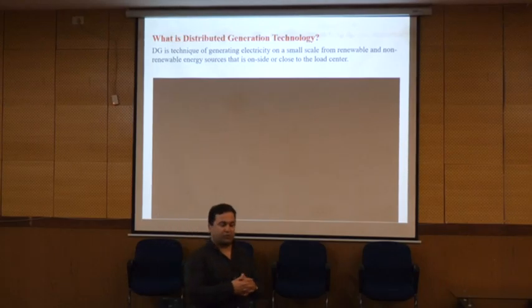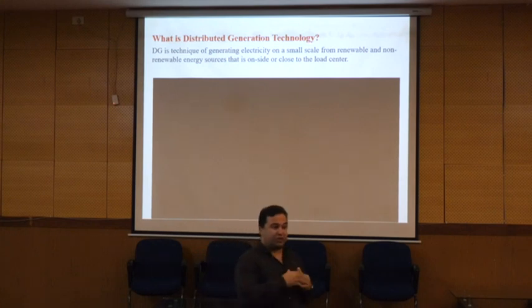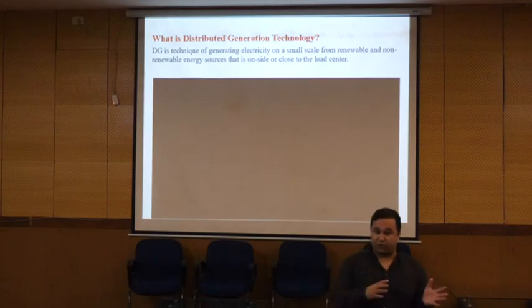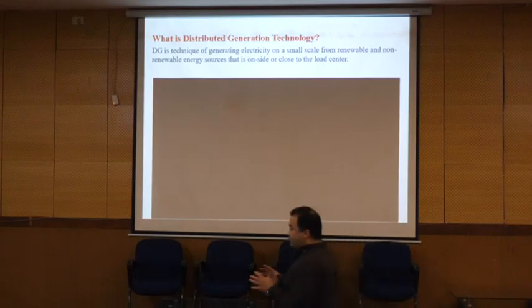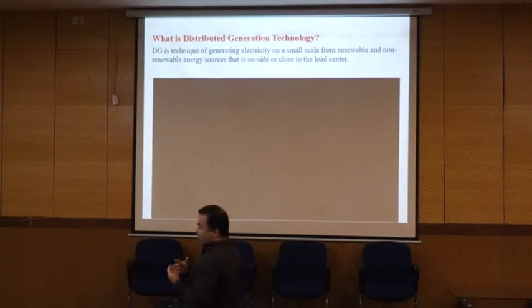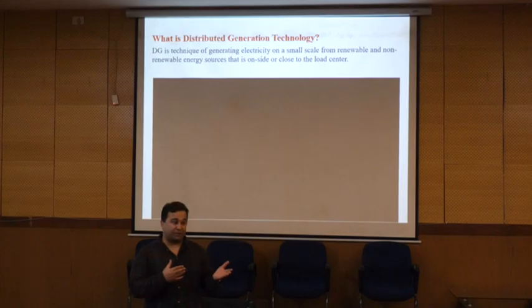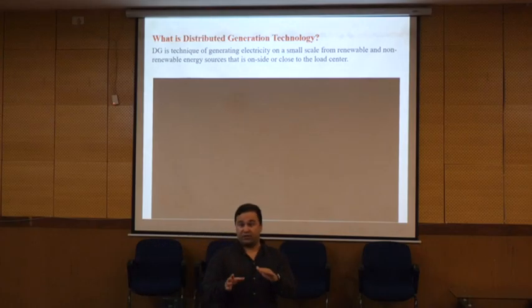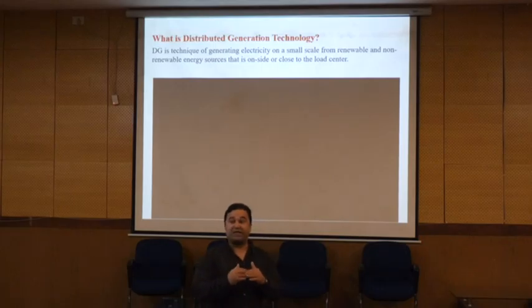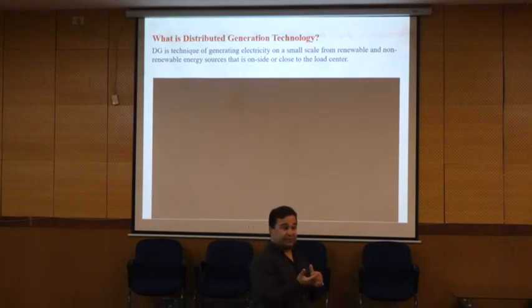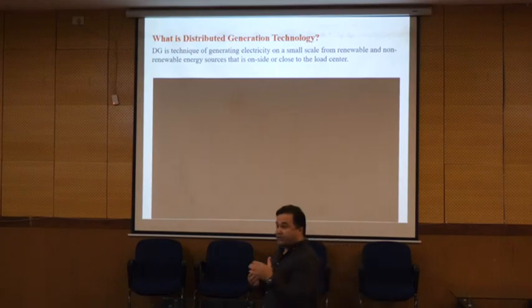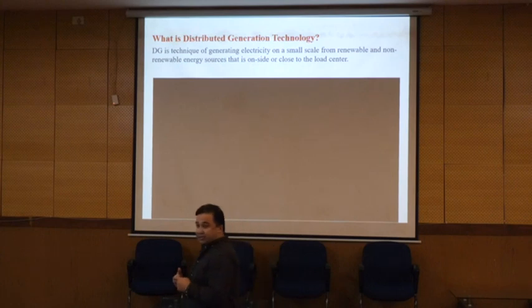So it doesn't mean that you need to just inject power to the grid. Assuming that you have such a potential in your buildings, you can discharge electricity from the battery and provide electricity for your own load. By this, you isolate your load from the grid, and you reduce stress over the grid.